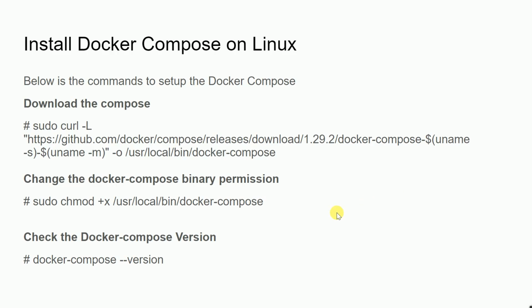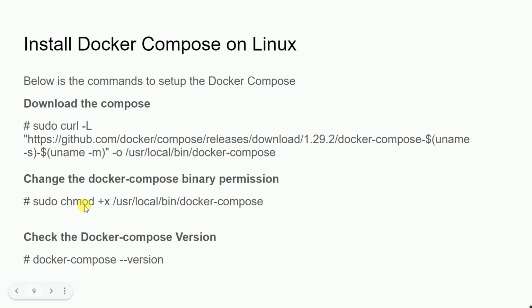Now installation is quite simple. You just need to run the command curl -L. You download Compose using the username and append it to /usr/local/bin/docker-compose.